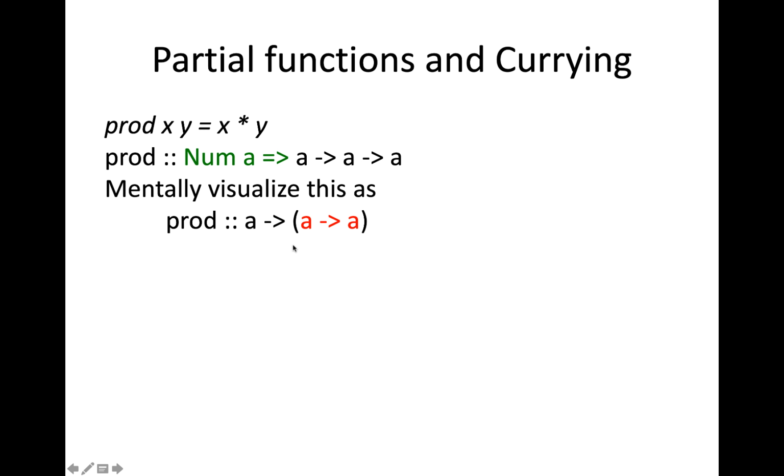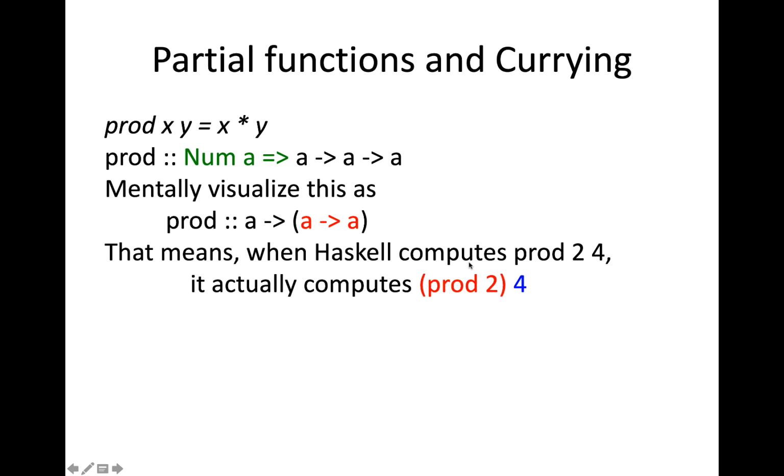Okay, so that means we are only talking about the function taking one parameter, and then we are trying to understand what is the effect of that. Now in this particular example, prod taking 2 and 4, what Haskell does under the hood,